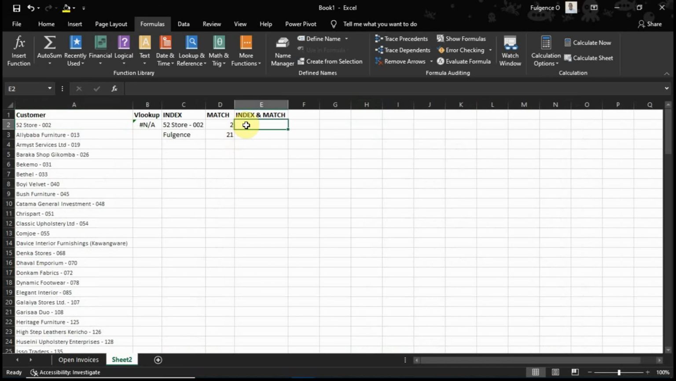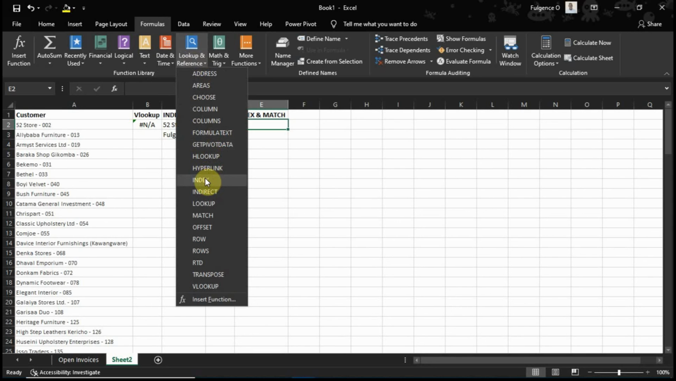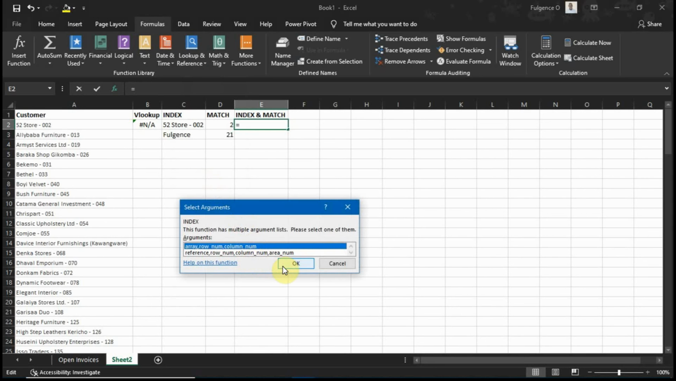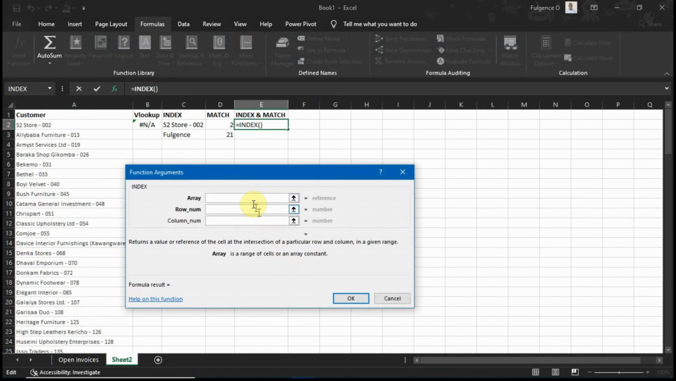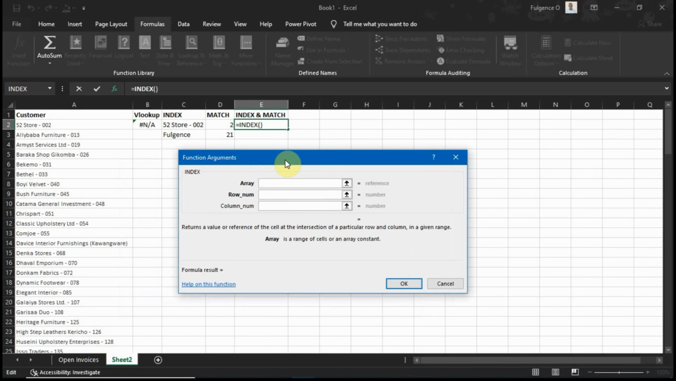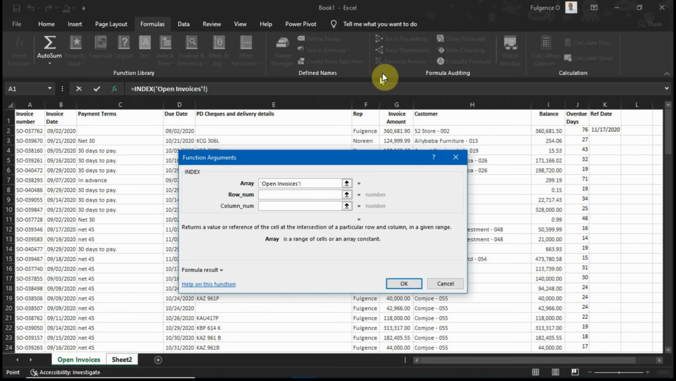So we come to select cell E2, that's next to the store. Formulas, look up and reference, index. Take the first flavor. So the array, the value it's supposed to be returning. The value is supposed to be returning is the representative value, and it is in column F of open invoices. That is the array. That is where we're supposed to be getting our value that is being returned, that is being given back. So the row number,